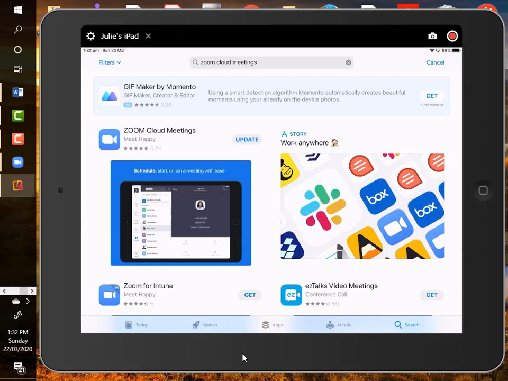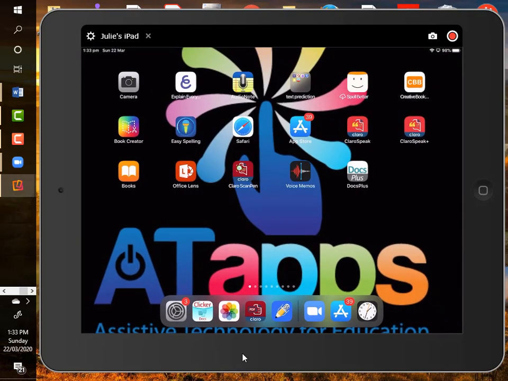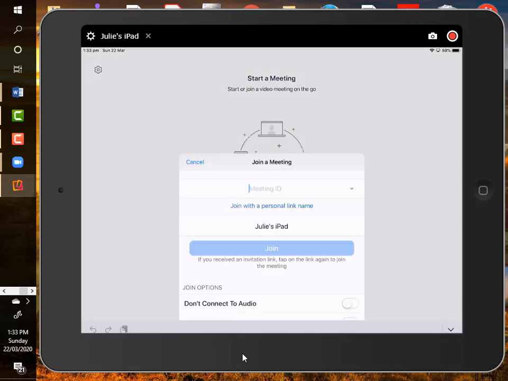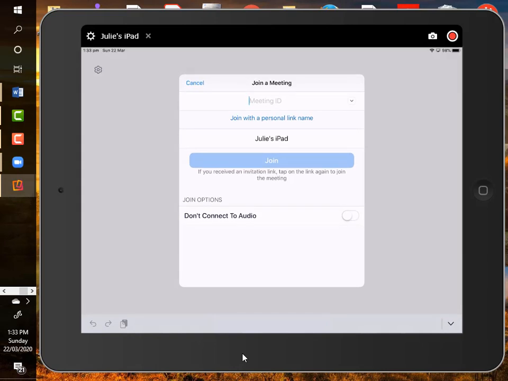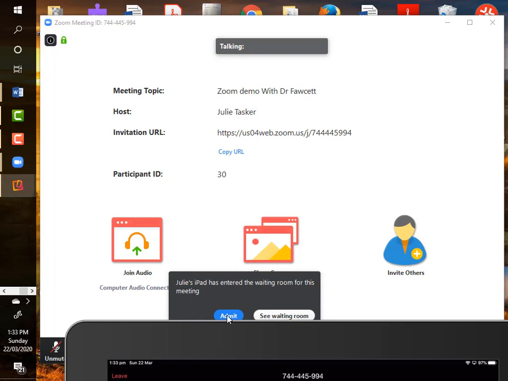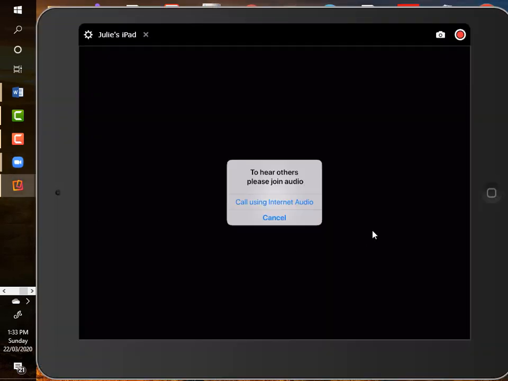When students are accessing your Zoom lesson on an iPad, this is the app that they need, Zoom Cloud Meetings. So they would open that one up, click on Join a Meeting, put in your meeting ID that you've sent them in the email. The teacher needs to admit them into the lesson. Then your student needs to call using the internet audio,